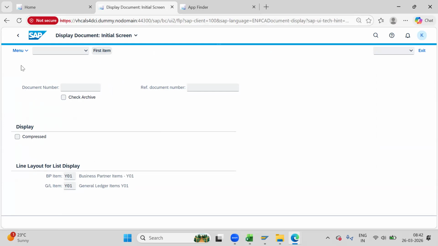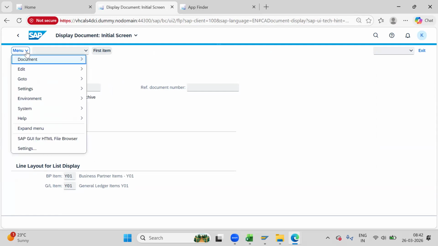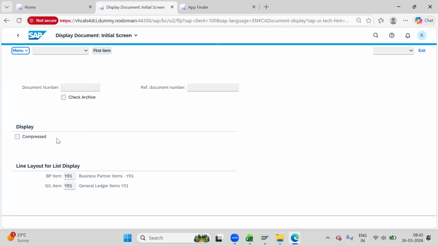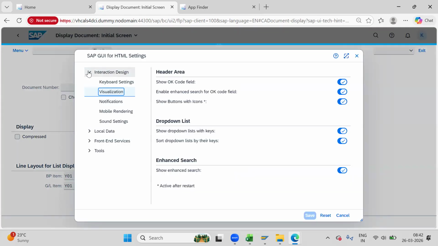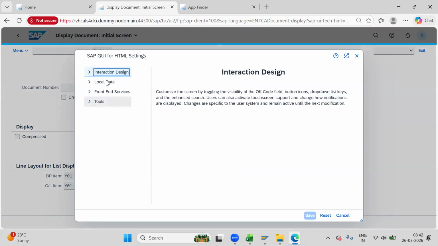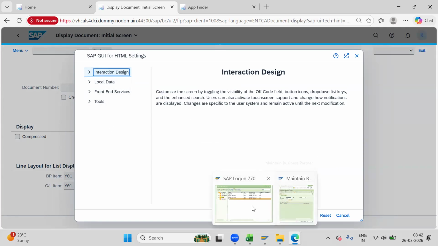Now, here you will find something called a menu. If you are able to find a menu and settings from any screen in FIORI, try to access menu and settings. From that, you will be able to find an option under interaction design. There are multiple options here. These are exactly the same options you will also use from your